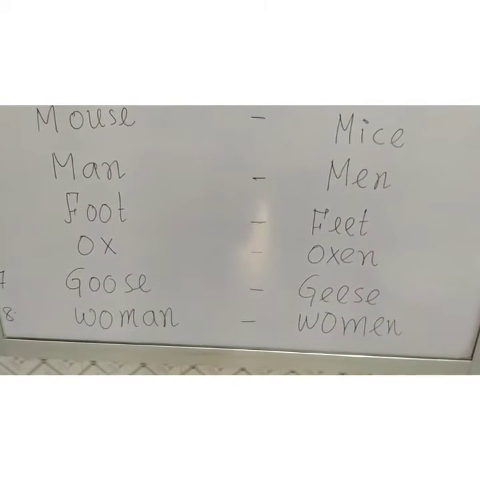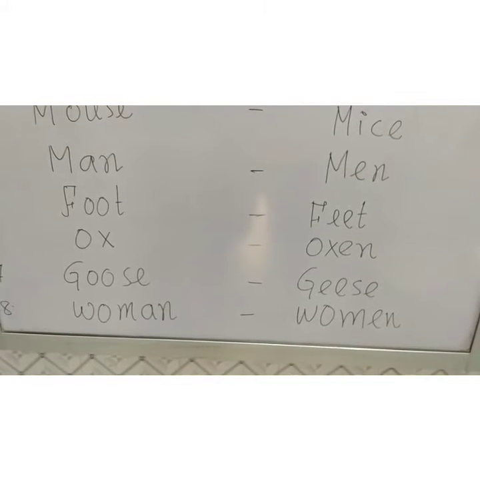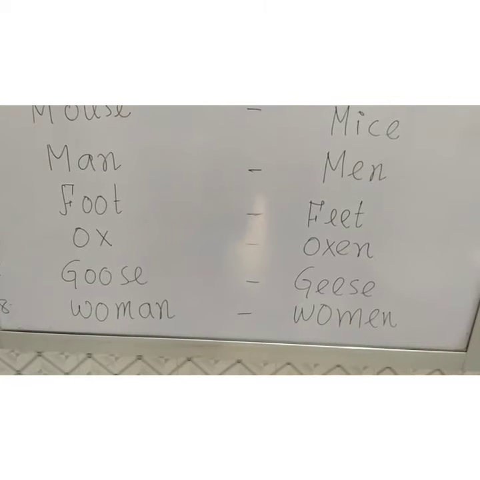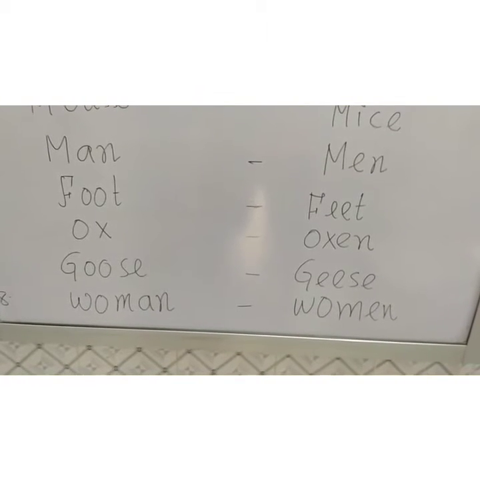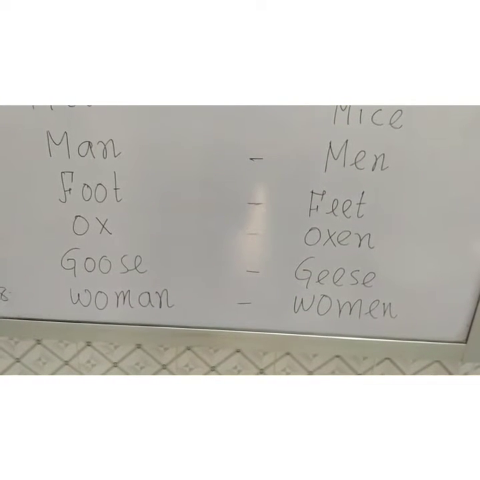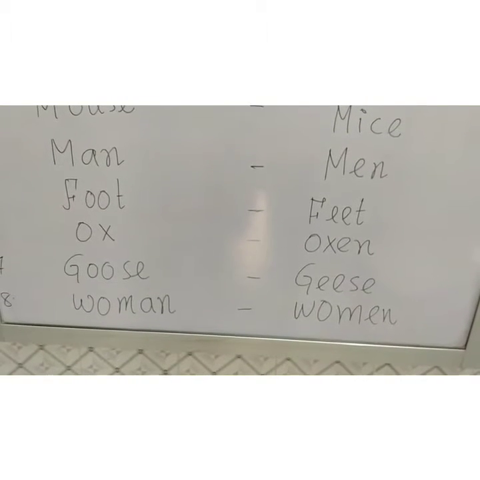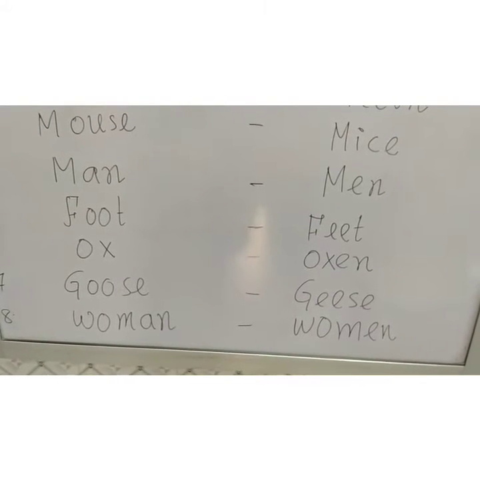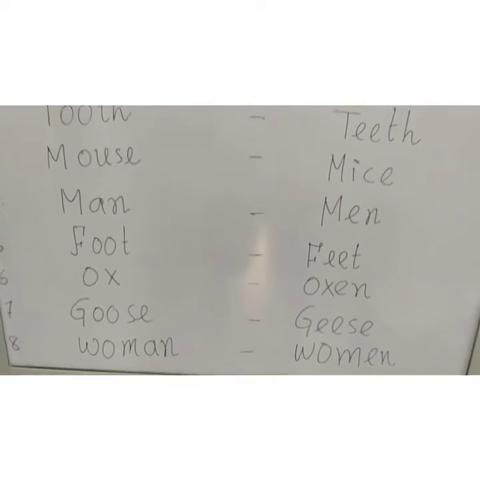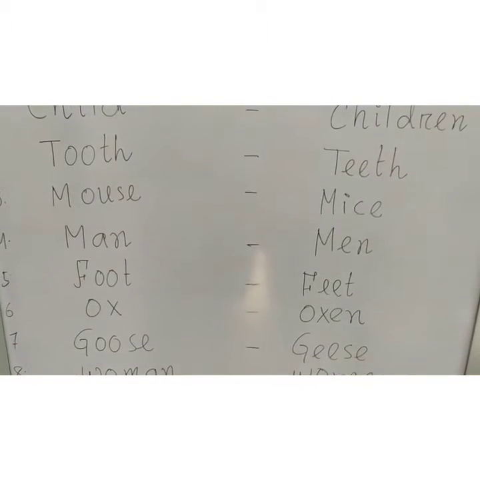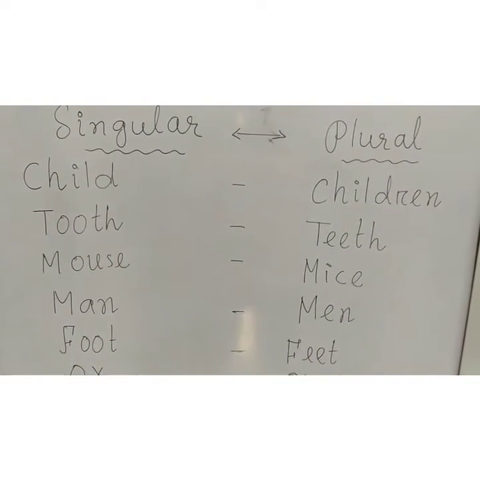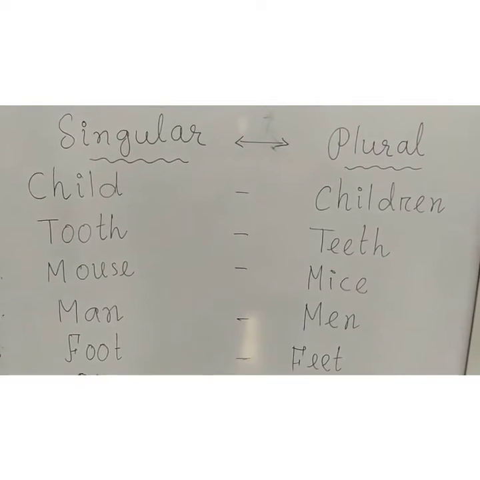Then number 8, woman. If it is one woman, spelling you can see. When it is a group of women, then we write women. In the change in the spelling, we use only e to change from singular to plural in that woman spelling. So these are some of the examples, children. You have seen how to change a word from singular to plural by changing only the spelling of that word.